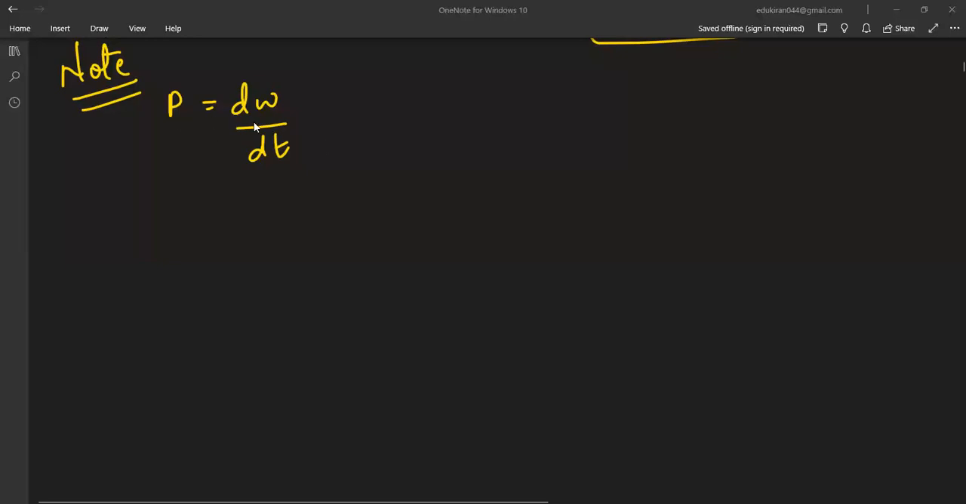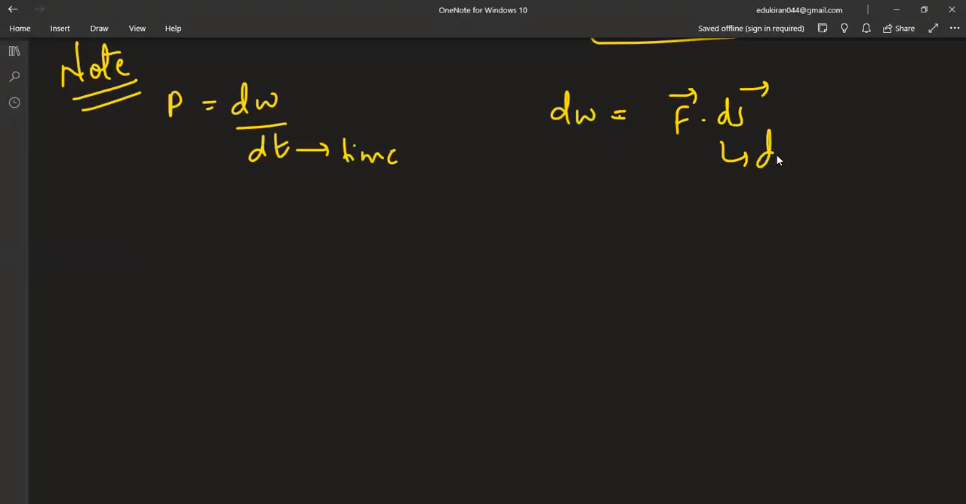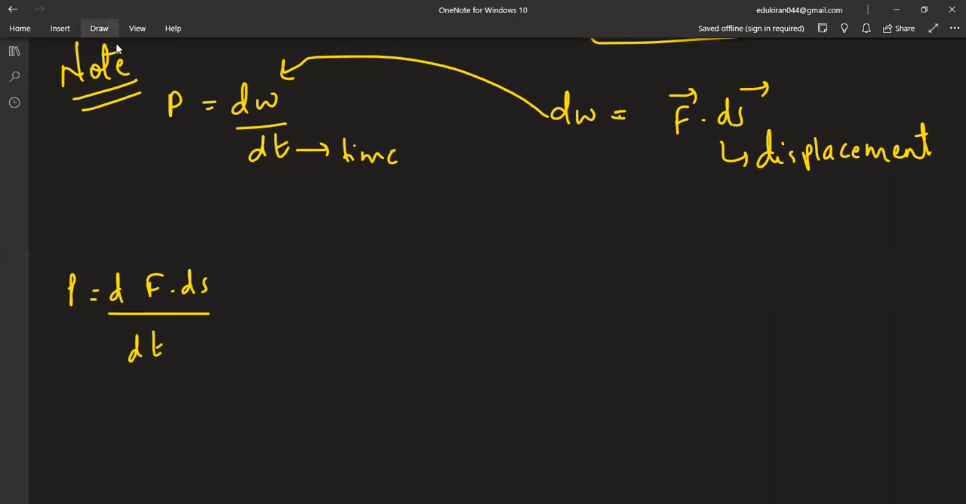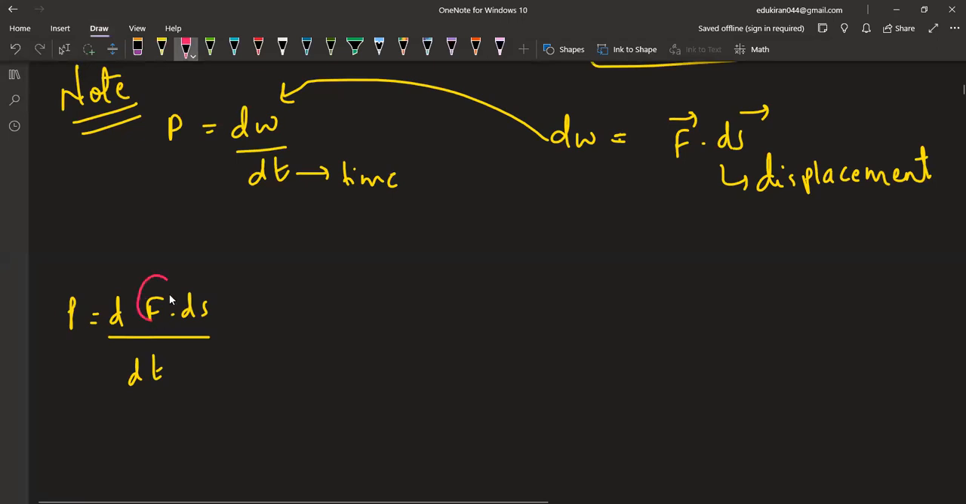See, power is equal to dW over dt. This is the formula of power that we have seen. Here dW is work done, t is the time. Now the formula of work done which we have already studied is force into displacement, F dot ds, where ds is displacement. Now if you put in the value of dW from here, power is equal to F dot ds over dt. Now see, if this force is constant,